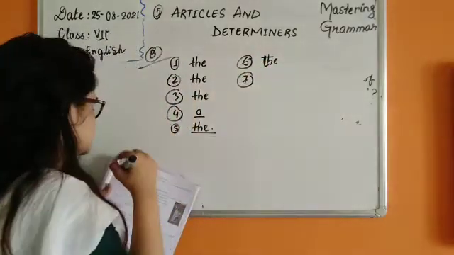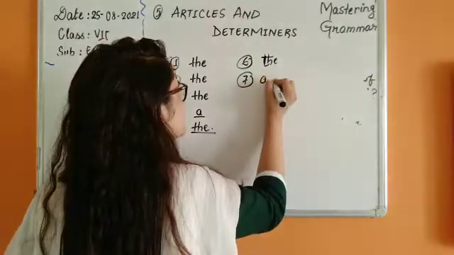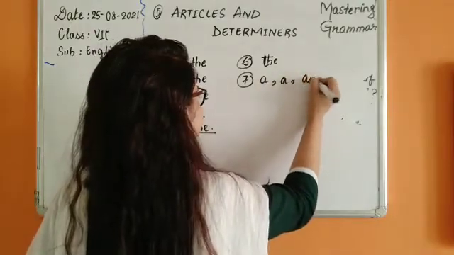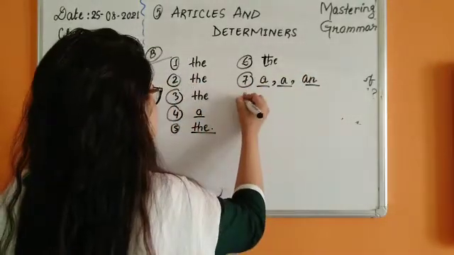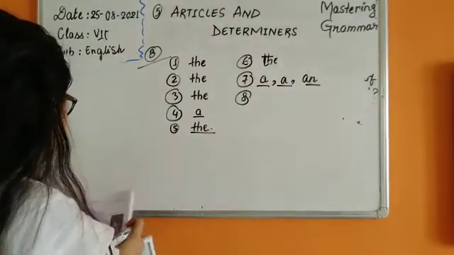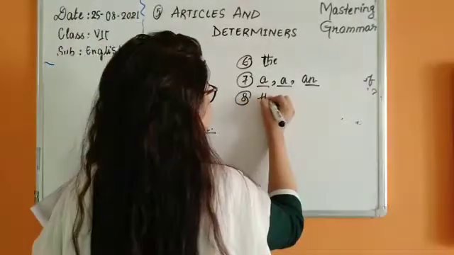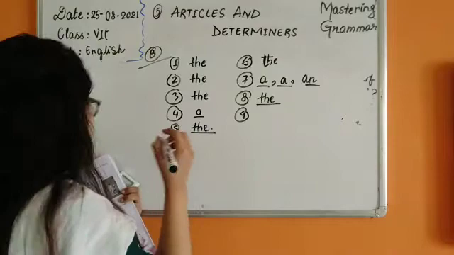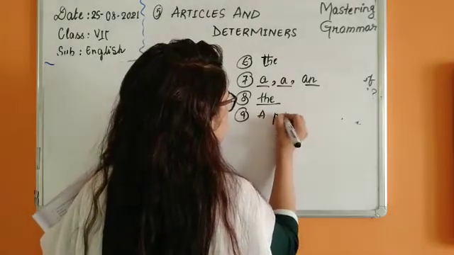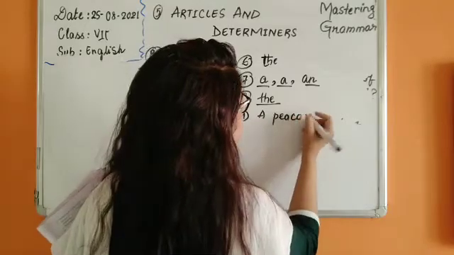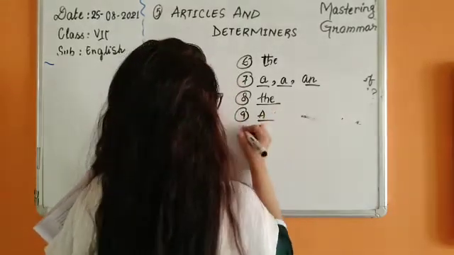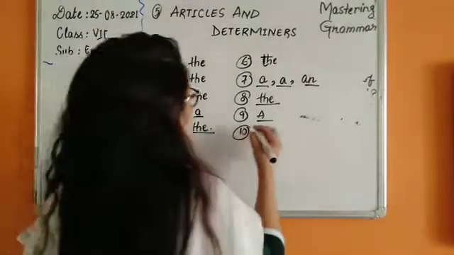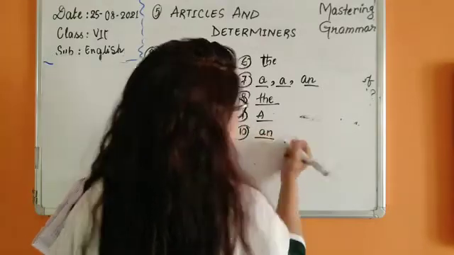Number 7. He saw dash European. Okay, a European, a German, an Indian. Yes, in the 3 blanks we have these answers. Number 8 now. We boarded, see it's a particular train's name, the Lucknow Mail, so the will be there. Number 9. Dash peacock, a peacock here. We are not representing a class, so we will be writing a. Yes, a peacock. Now my father is honorary, right? So an honorary, because H is silent here.